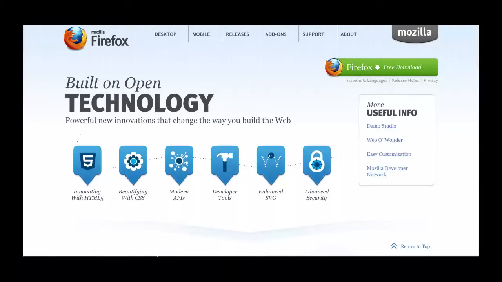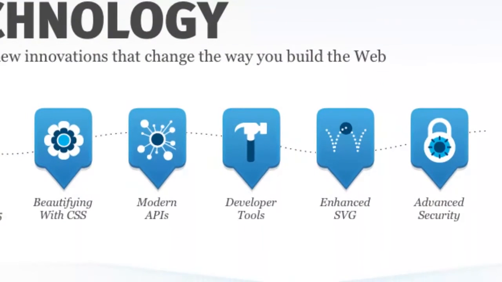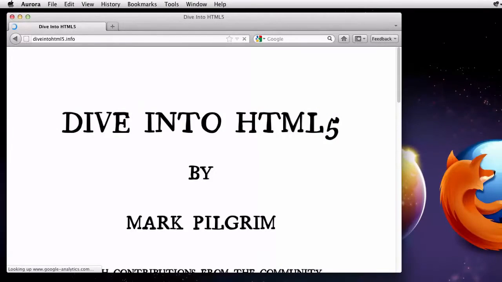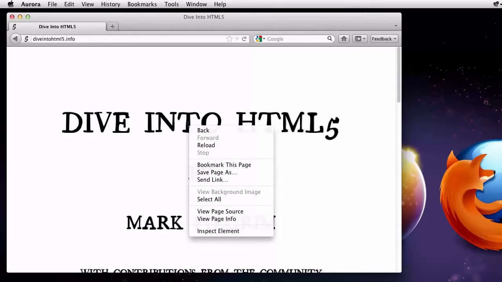Let's take a quick look at some of the tools that are available in Firefox for web developers. We'll start by peeking into Mark Pilgrim's awesome Dive into HTML5 book. I like this old style font he's using here in the heading. What is that? I can right-click on the heading and use the new Inspect Element context menu item to open